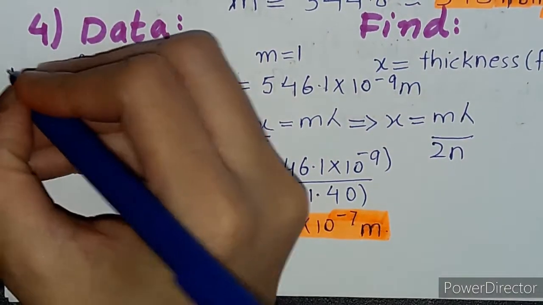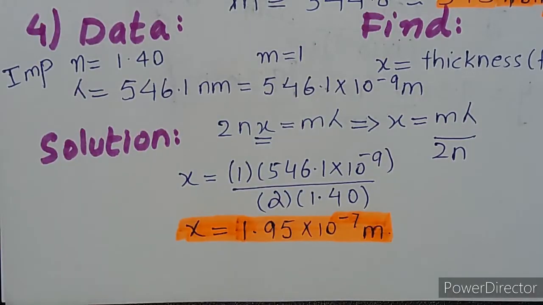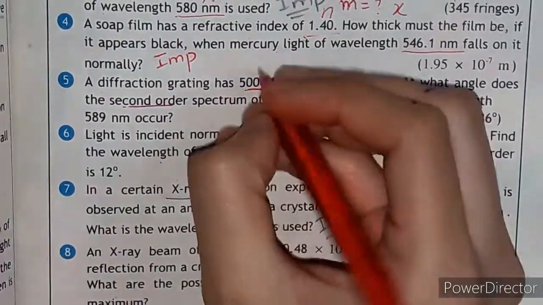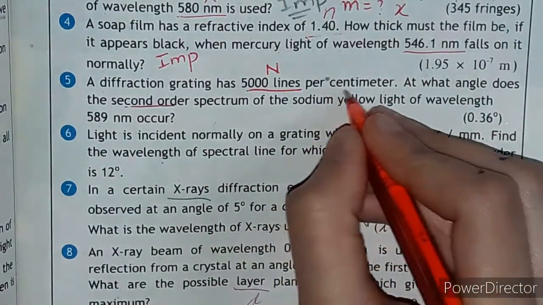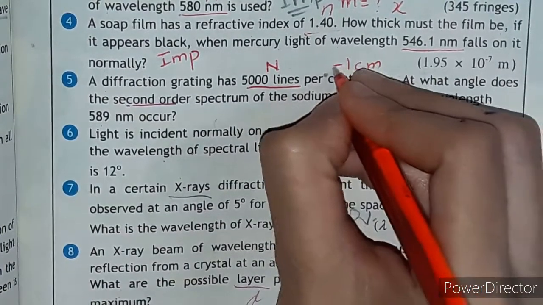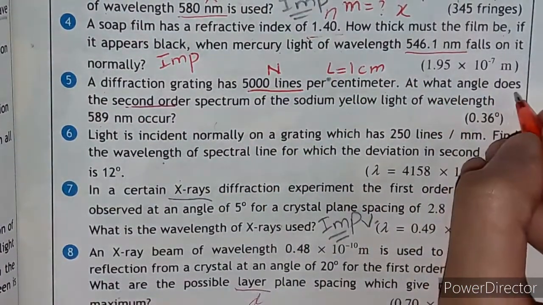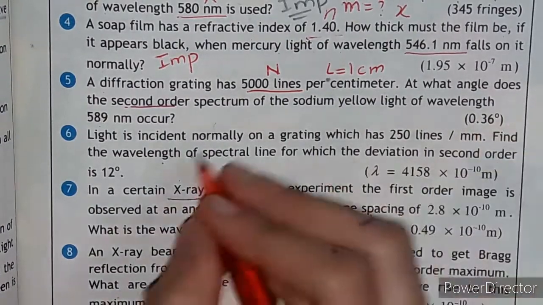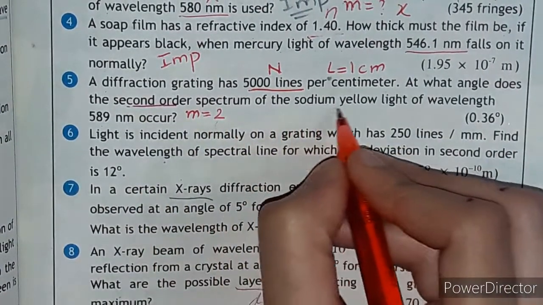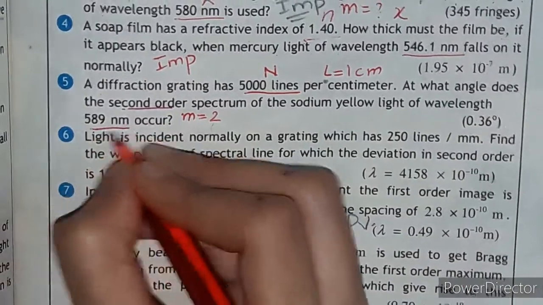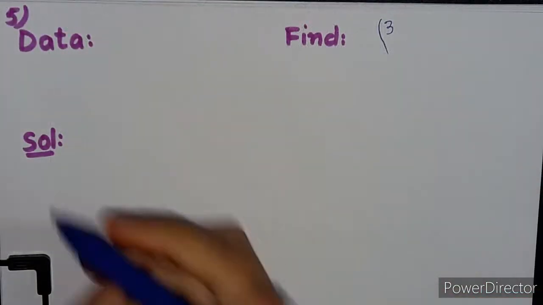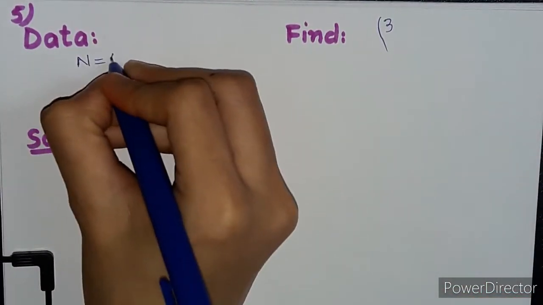This numerical is also important for short. Moving towards the fifth numerical. Fifth numerical: a diffraction grating has N lines per centimeter, which means the value of L is 1 centimeter. At what angle, we have to find the angle theta, in second order, the value of m is 2, of sodium yellow light of wavelength, and we are given the value of wavelength. We have to find the value of theta with the value of N, which is the number of lines, 5000